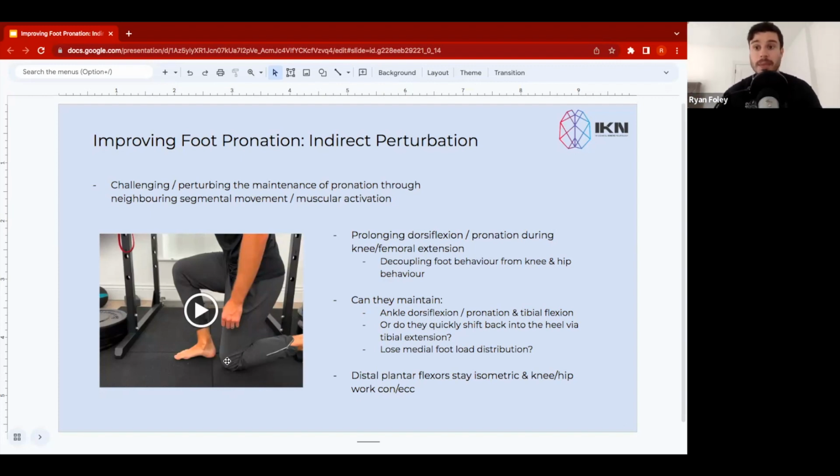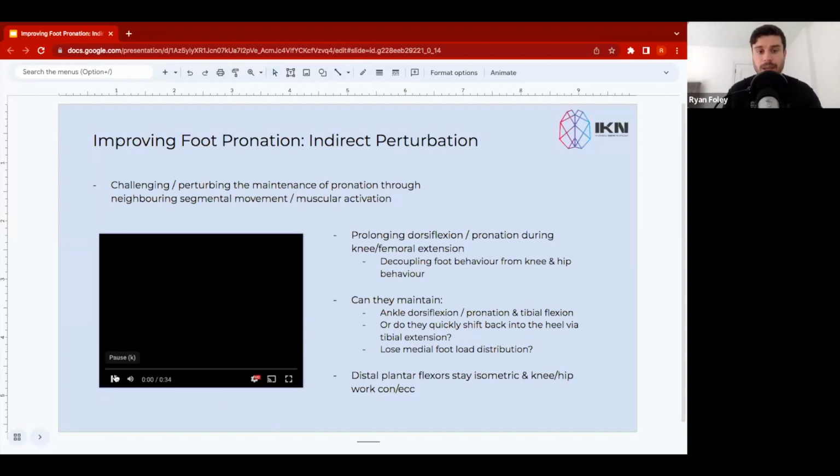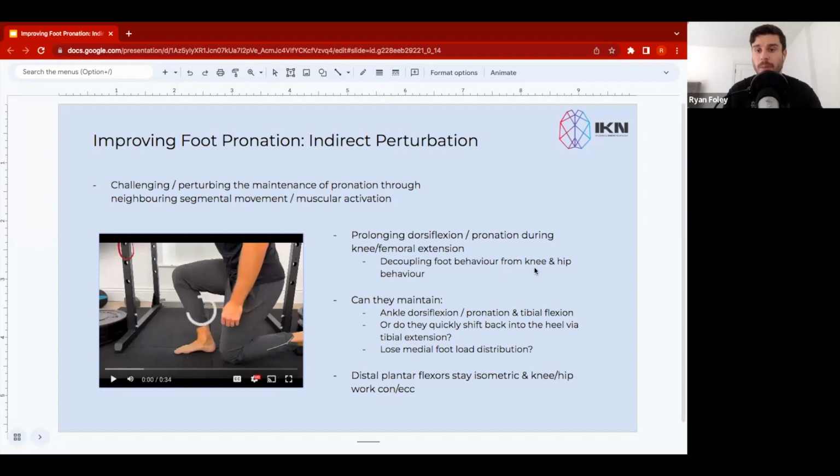Sometimes clients may be able to express pronation, but they're not able to engage with it well during multi-joint movement behavior. Okay, they're not able to manage loads very well while the foot expresses foot pronation. So we're utilizing this as a strategy to challenge it in many different ways, okay? So we're looking to see, can we decouple foot behavior from knee and hip behavior? So generally what we're trying to do here is we're trying to extend the hip, extend the knee, but hold on to that ankle